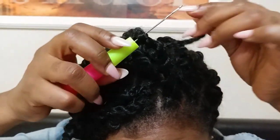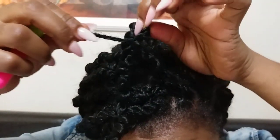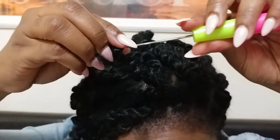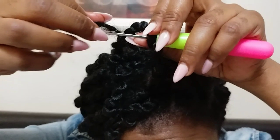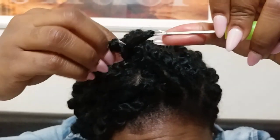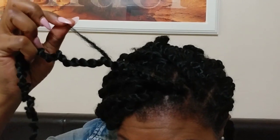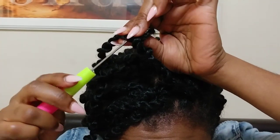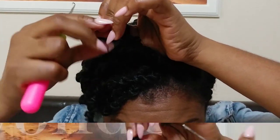So now pushing it through, hook, pull through. I just did that from the inner part. Now I'm going back to the outer part of the twist, pushing it through, attaching your plaits or your twist, pull it through. As you can see, I have a small portion of hair remaining, so bear with me, guys. All right, coming back on the inner part, hook, pull through,